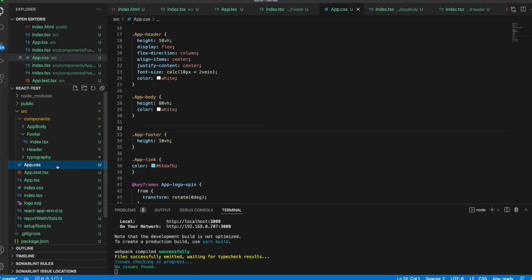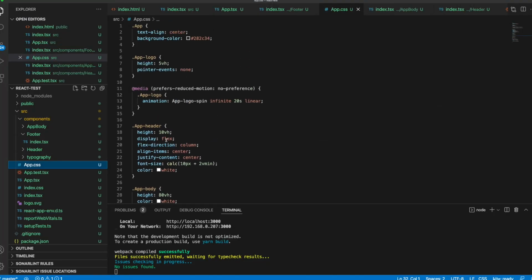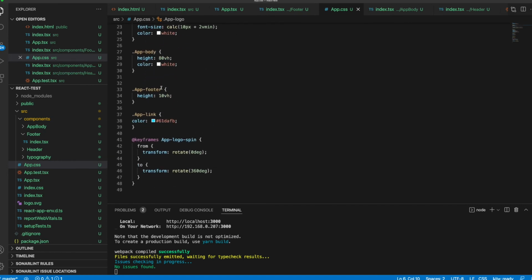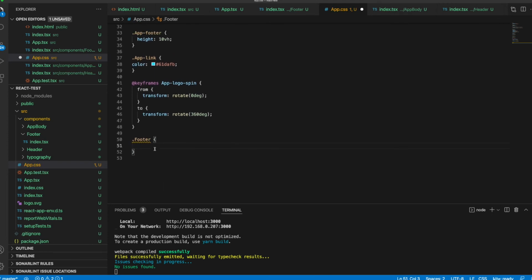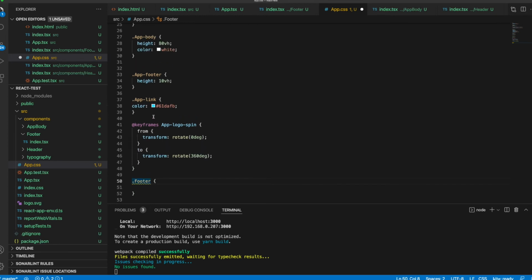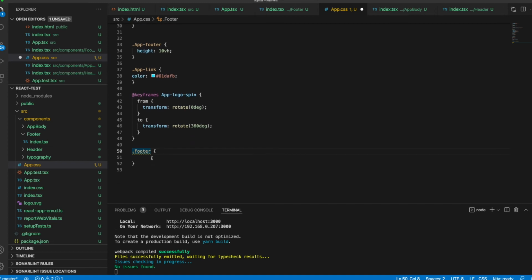Let's see. Yes. So here, for example, we are just working on the app right now. If you want to create definitely one style, one class you would use for a specific component, you can do it like footer here, and you can add other styles regarding the footer. For example, instead of app footer, you can use the footer and your selections, and let's say here